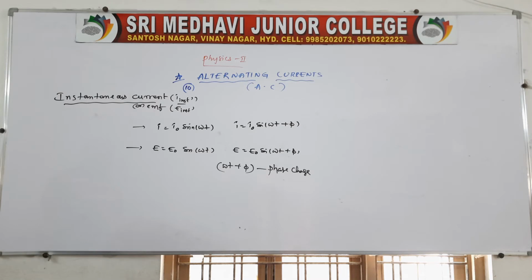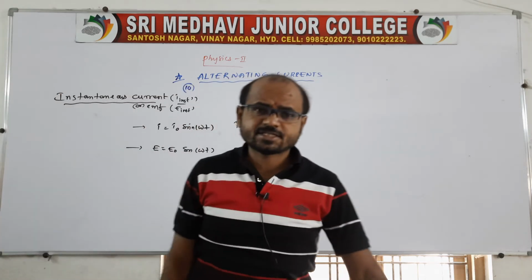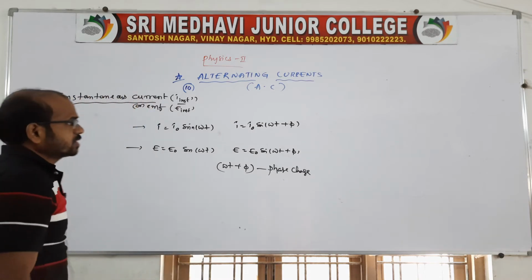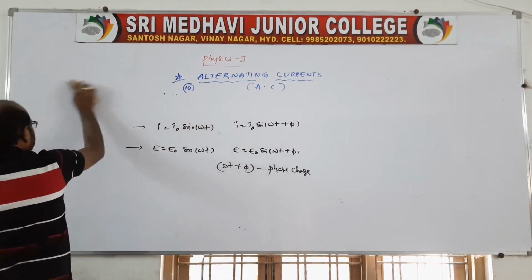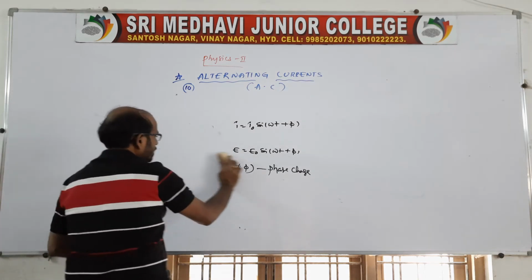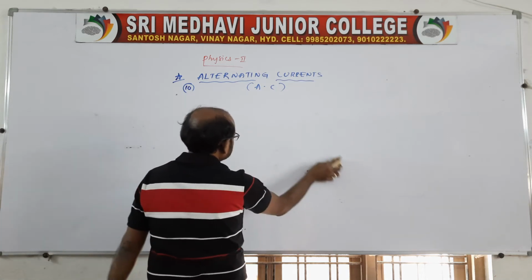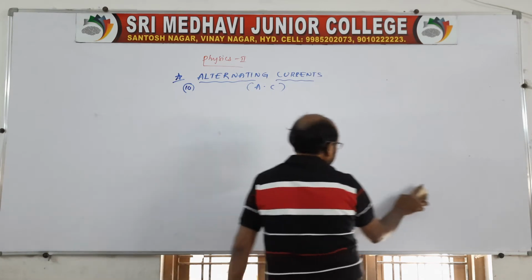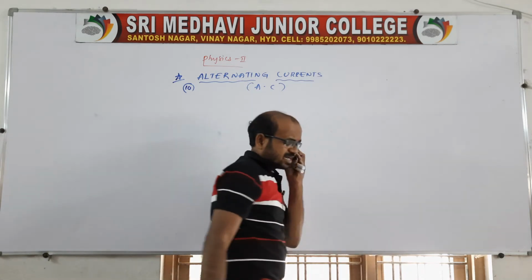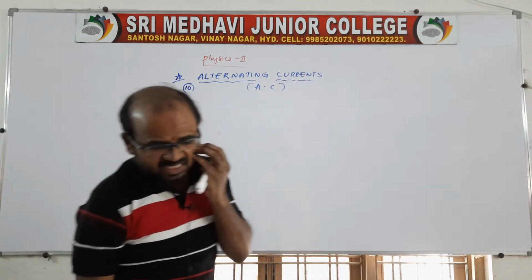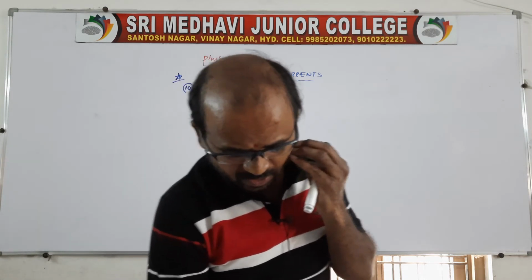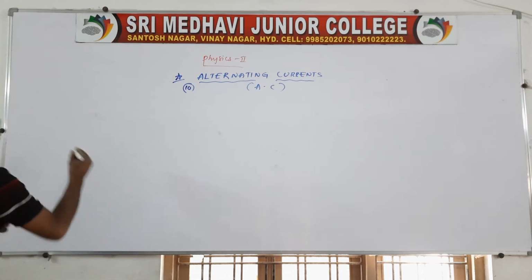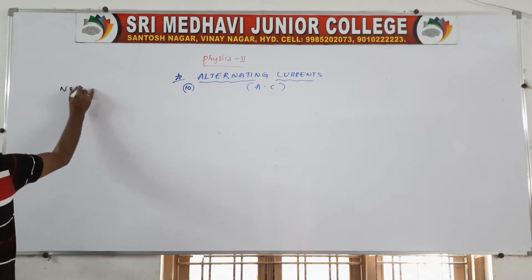So this is the introduction part of alternating currents, and it is very, very important. If you know these terms, then we can do better in this. Now come to the point: there are some methods, it is like a mathematics part only, but we need to find all. I'll tell you one thing. Like the average value of a function f of t, we can take it as one note.